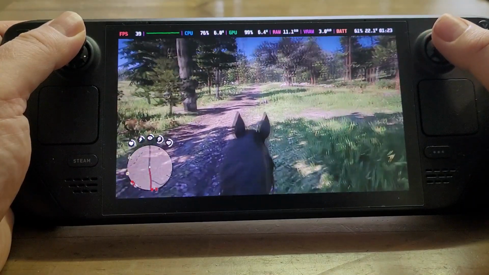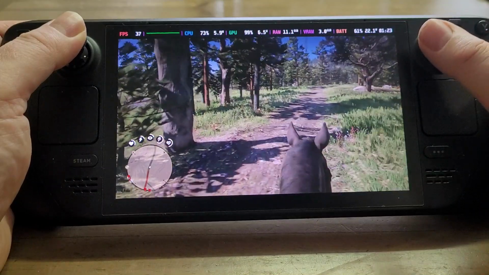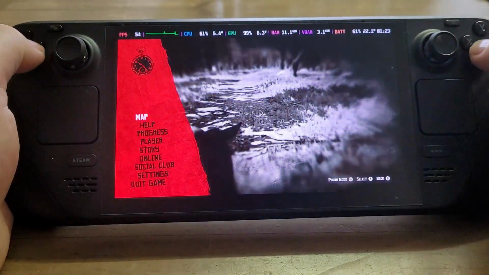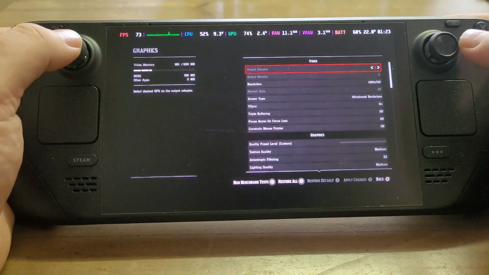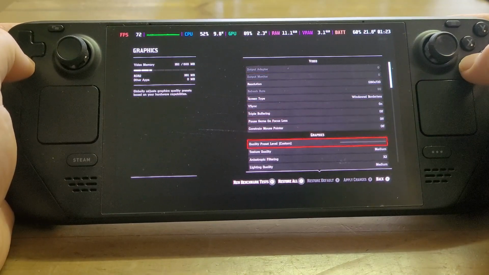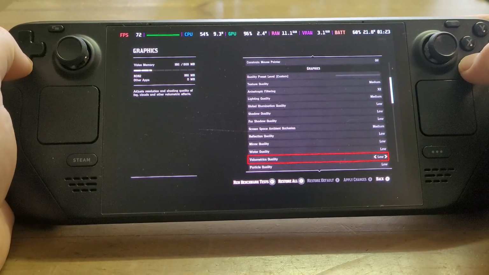If we go into built-up areas like a town where there's a few people wandering around, it does get a little bit lower. And let's have a look at the settings just to give you an idea of what we're running at. Graphics. And what you'll notice is that we've got medium settings for lots of stuff, and low, and you might think, oh, I'm used to playing on my